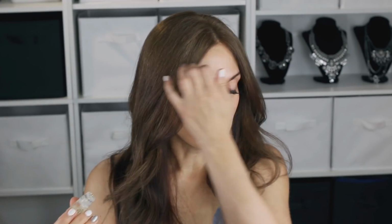See, I have a teeny tiny little dot of blood there. That is no big deal. Like, I'm not even feeling this. The goal is not to make yourself bleed, but sometimes you do. It's no big deal. Plus I have the serum on my skin, so that's gone already. You can also do this around your eyes